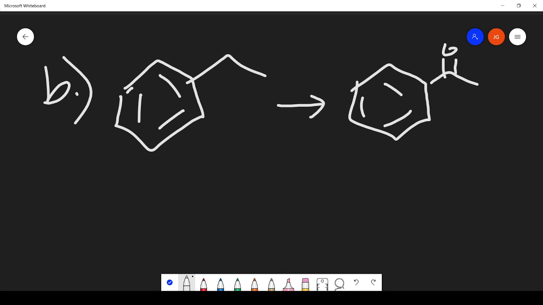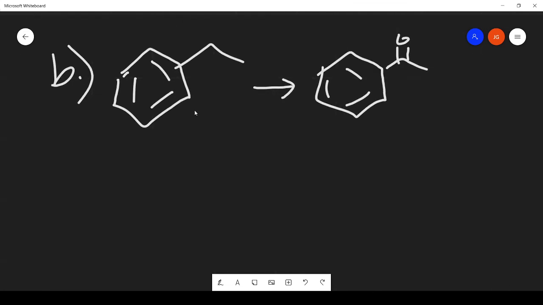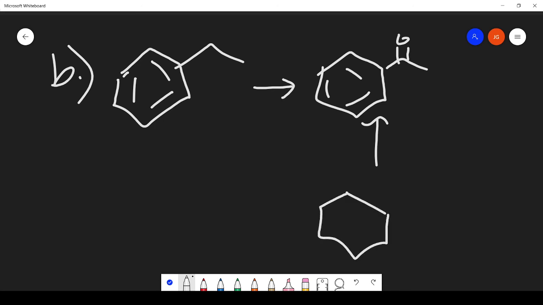Okay, now what to do here? If we start moving forward, at least for me, that's not very intuitive, right? Like, it's very hard to figure out what you're going to do next. So let's try to work backwards. Well, if we see a ketone, we know that the easiest thing to do is to start off with an alcohol, because alcohols can be converted to ketones pretty readily, and we have the reagents, PCC or DMP,